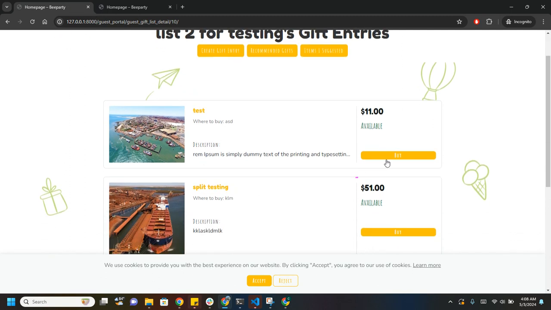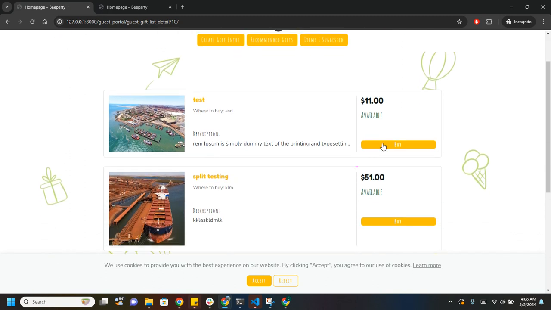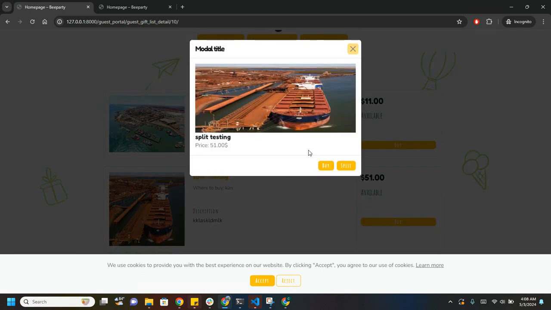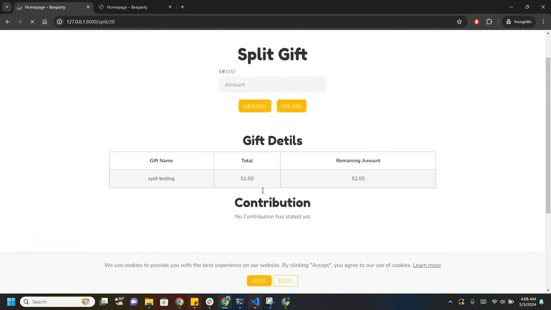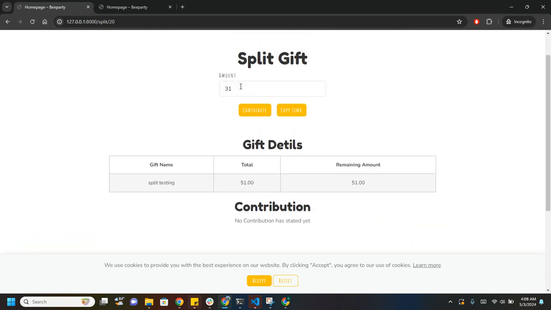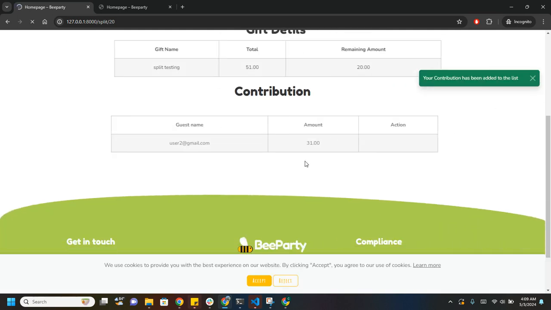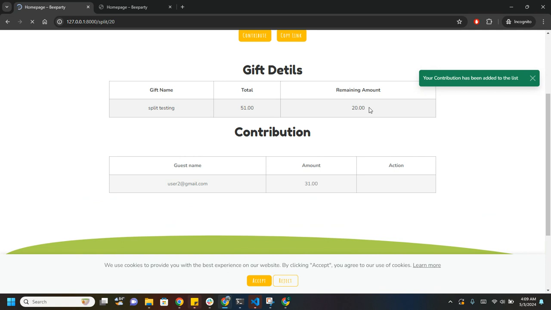And let's just say split. I buy it, and it's art split testing, the name of the list, the price, and then the image. Just like you asked, if you want any changes here, we can do that as well. Split takes me here, and let's say I want to contribute 31 and contribute it. It has contributed this much. The remaining moves with 20. The total is this, and the gift name is